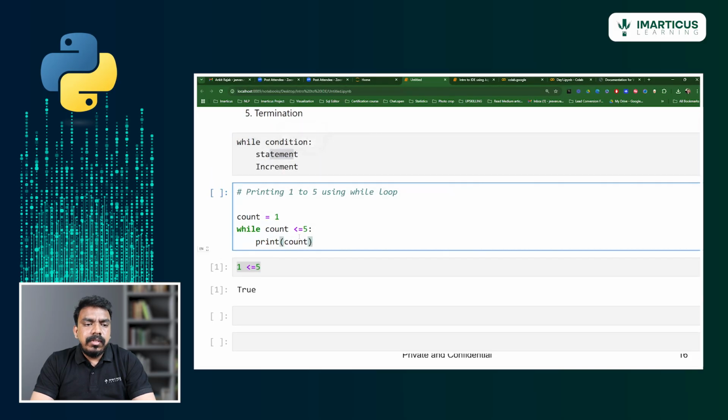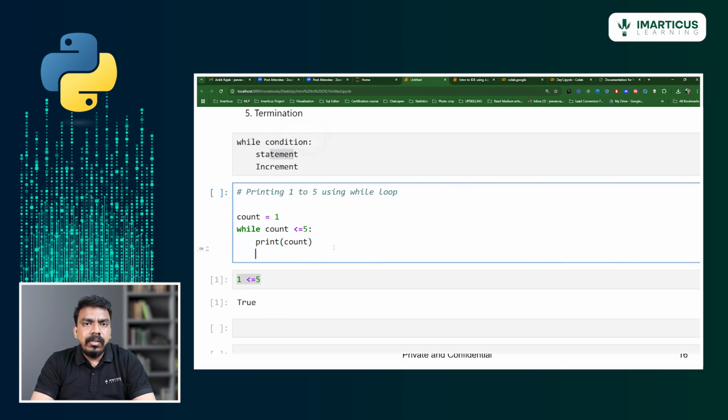If you just execute this, the loop will keep on iterating. There is no end for the loop, no termination, because 1 is always less than 5. So always make sure that while you provide this statement, you also provide the incremental value to terminate the entire loop. So how do I provide the incremental value? I am specifying here count plus equals to 1. You can also write this as count is equals to count plus 1. Both are one and the same.